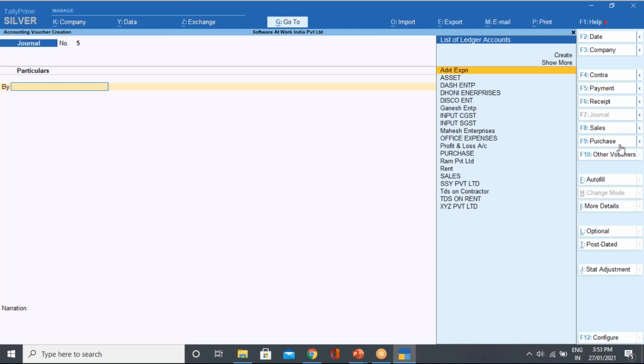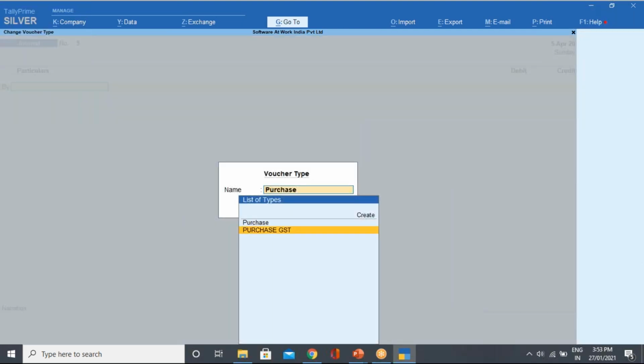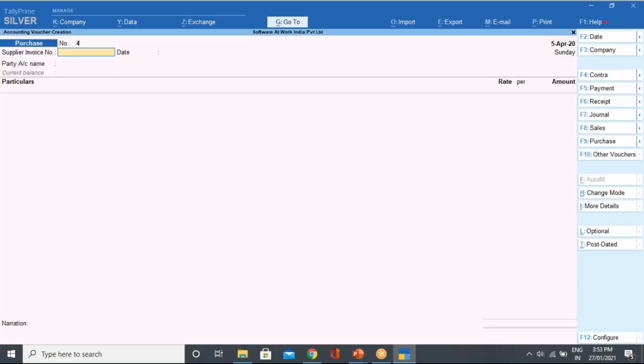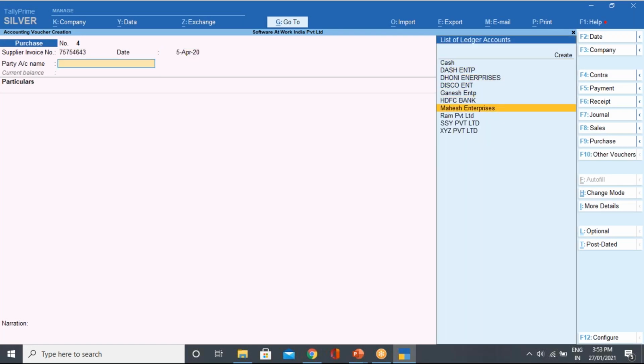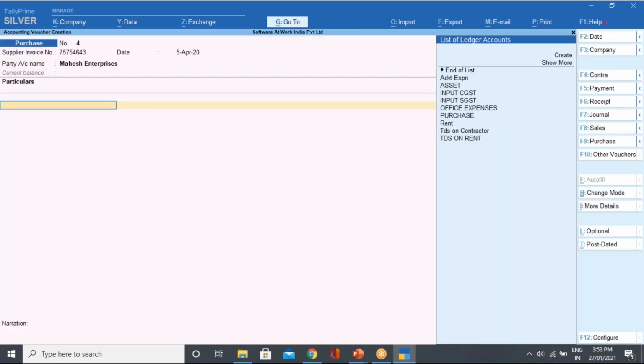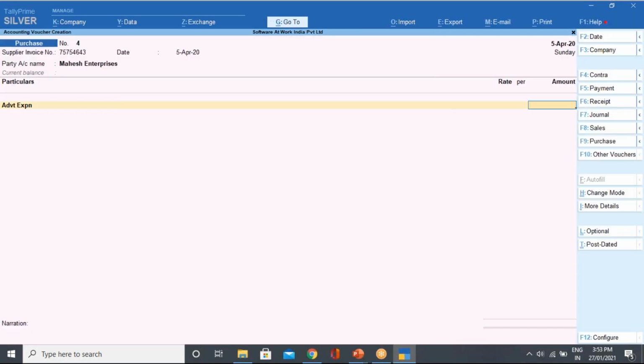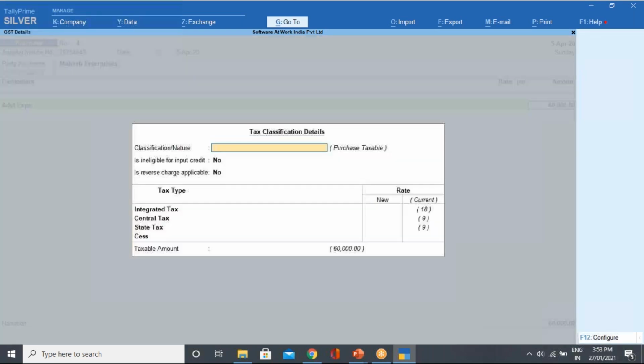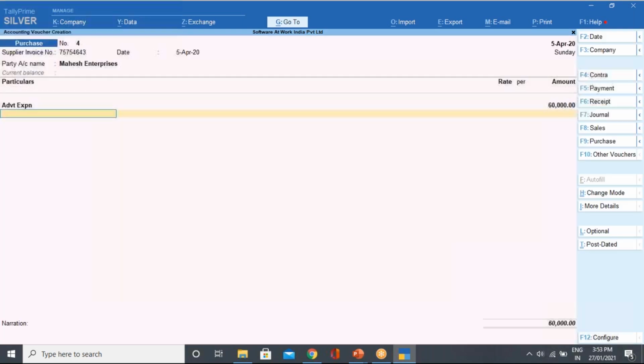I will pass the entry from the purchase. So I will come to the purchase. Here the purchase number is there. I will provide the supplier invoice number. I will select Mahesh Enterprises as a party. Here I will select the expense. My expense is advertisement expense. Amount is 60,000 and it should deduct at the higher rate.